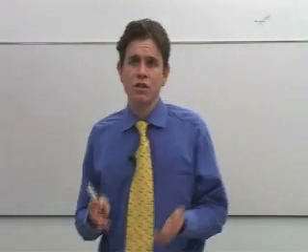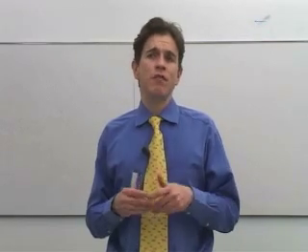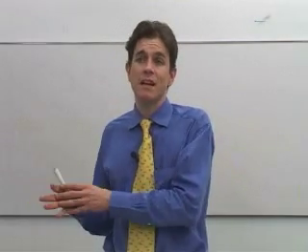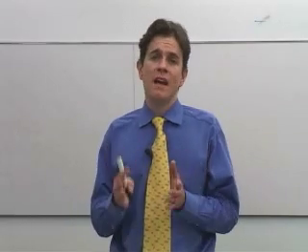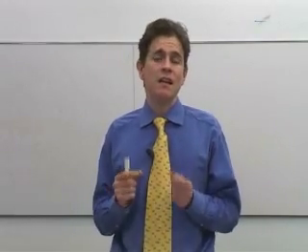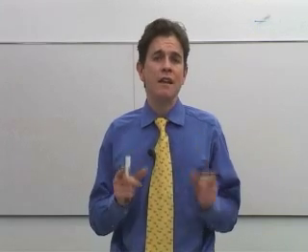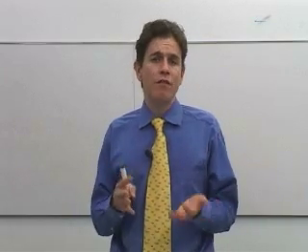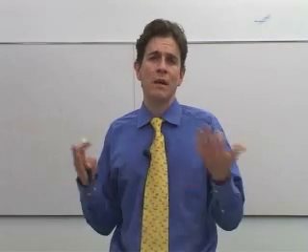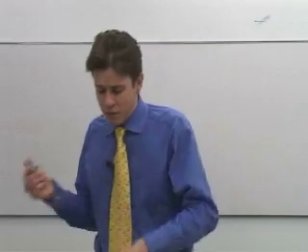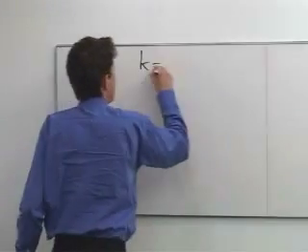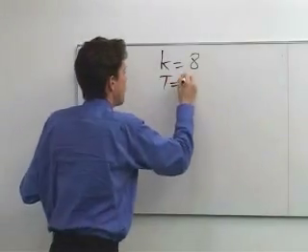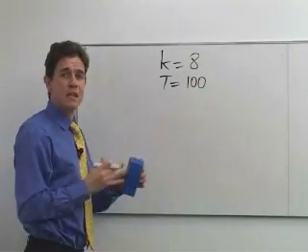Another approach to examining parameter stability is given by the predictive failure test. Now, as I said, the main difference between the Chow test and the predictive failure test is that with the Chow test, we were forced to estimate 3 separate regressions. And in particular, we had to estimate regression models for each of the two subsamples. Now, in some circumstances, we might not have enough observations in each of the subsamples to be able to validly estimate a regression model. So, for example, suppose that we've got k equals 8 parameters to estimate in our regression model, for example. And suppose that we've only got, let's say, 100 observations again in our whole sample,